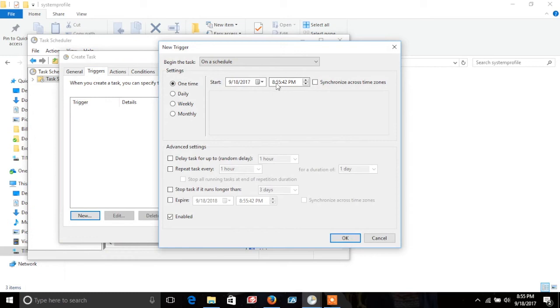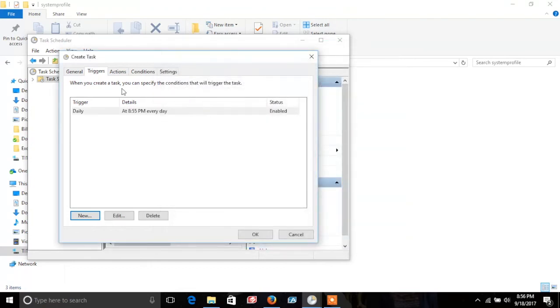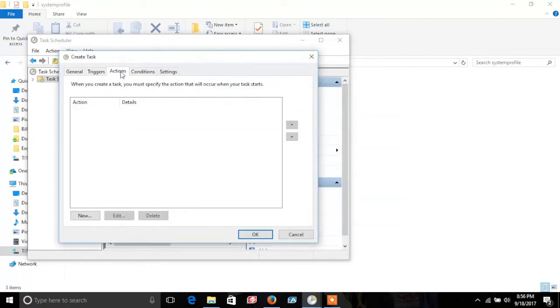So we'll set the time that this will run every day. Now later we're gonna set it up so that it can run while the computer's asleep. It'll run if it misses a time, so if the computer is completely turned off, then as soon as it's back on again, it'll run. So based on that, choose a time, daily, on schedule, and that's it for that one. Actions,